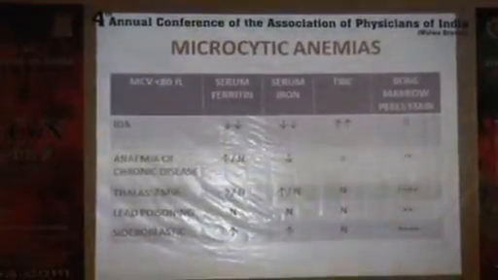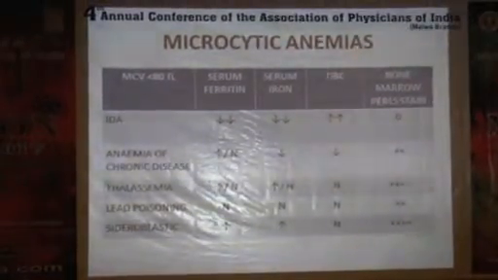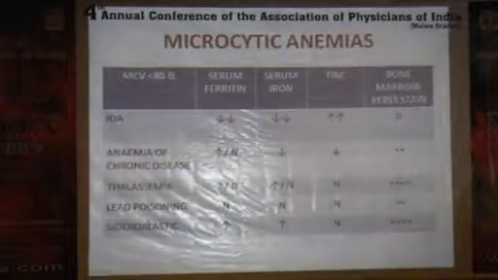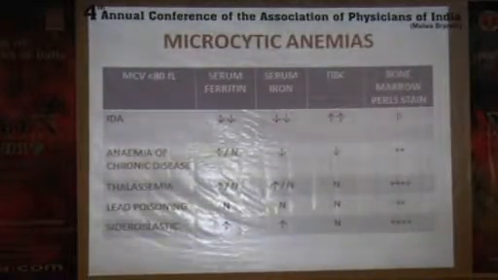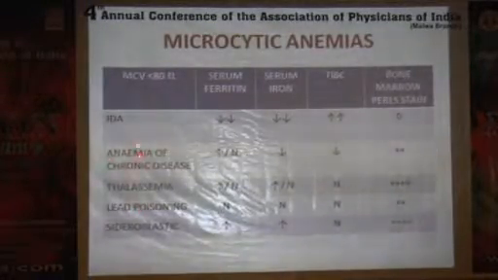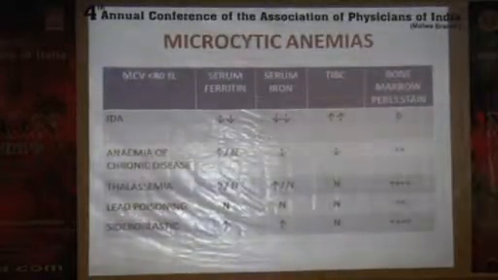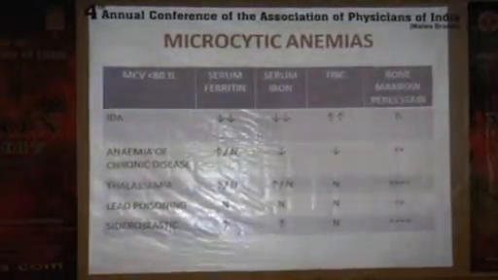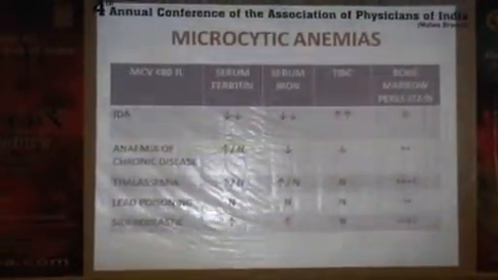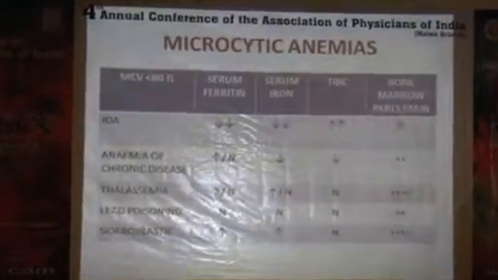Now, we'll just spend a minute each on these three types of anemia: microcytic, macrocytic, and normocytic, because this is the crux of the story. Microcytic anemia, I told you, these are the 4 or 5 important causes. Now, we know for all practical purposes, microcytic anemia means iron deficiency anemia. But you might be in a problem. You are giving iron, taking it to be iron deficiency anemia,